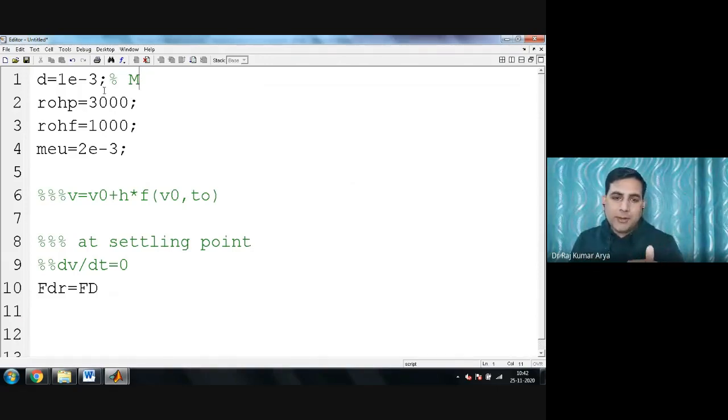You have to also define what this D is actually. So D is the diameter of the particle, and you can write that with units, so that whoever would read your program would come to know what is happening here, right? Wherever you put a percentage sign, that will go as a comment, and you can write it there. Each and every line must be commented.